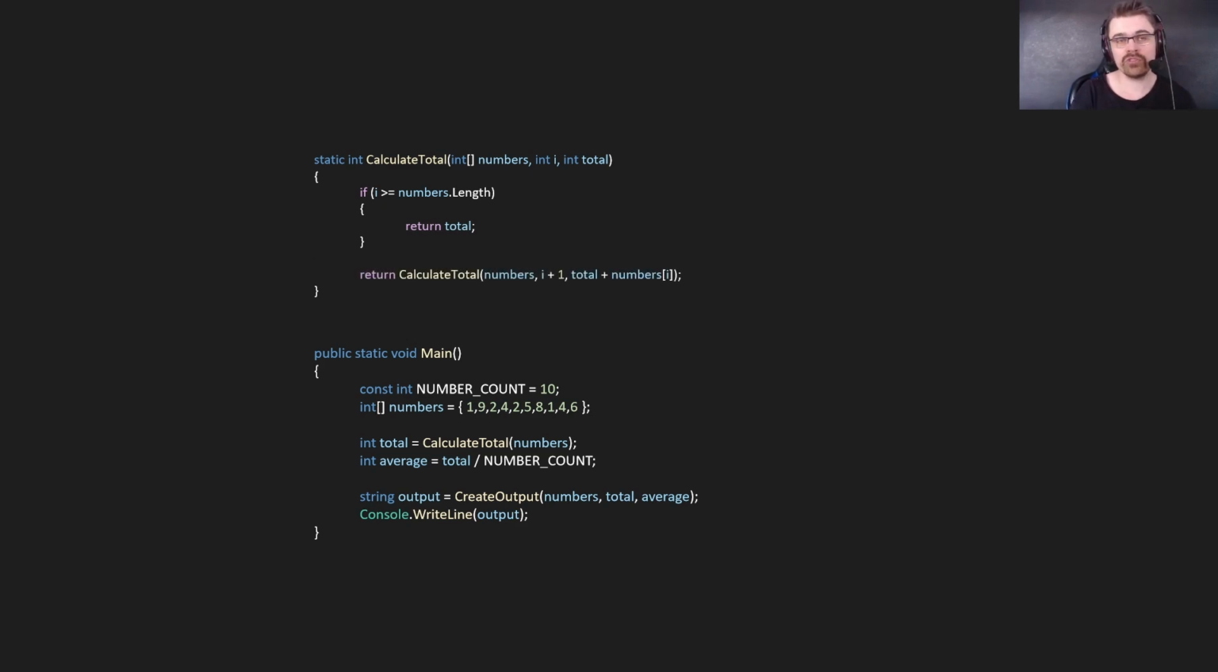Then we return calculate total. So we're basically returning the result of calling the function again. And then here we put in i plus 1, and then the total we add numbers[i]. So say for example i starts at 0, so we'd add, it's 1, so 1, so we'd say total starts